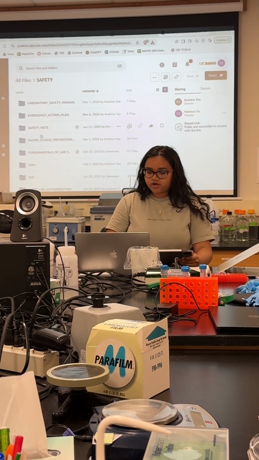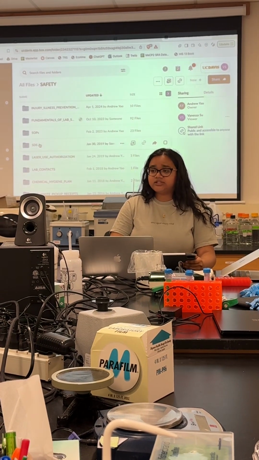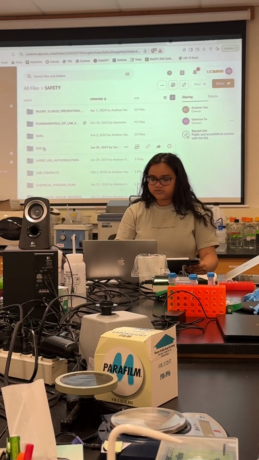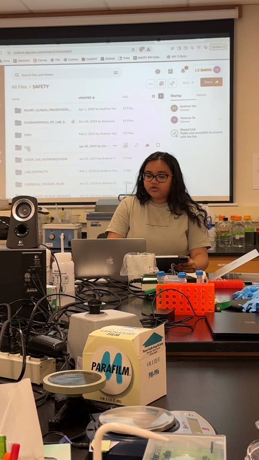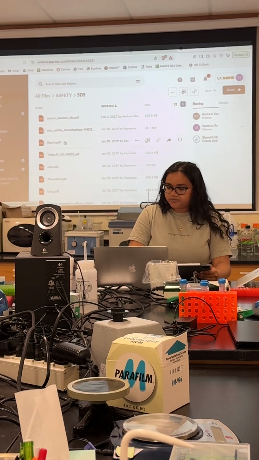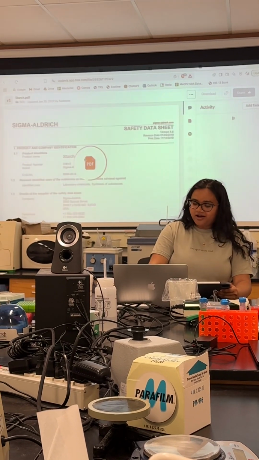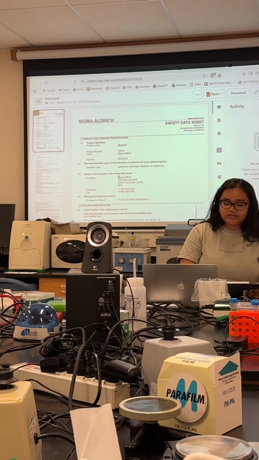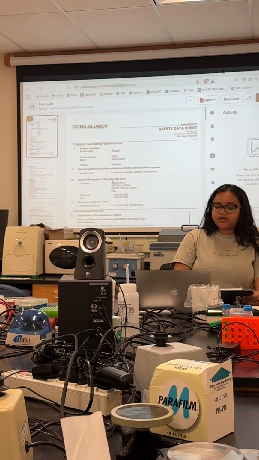Okay, moving forward, we have our SDS. Does anyone know what SDS stands for? Safety data sheet. Awesome, safety data sheets, right. So in our SDS folder, we have some safety data sheets. For example, storage. But these documents that we have are used to reference safety, storage, handling, PPE, disposal, or specifications and procedures